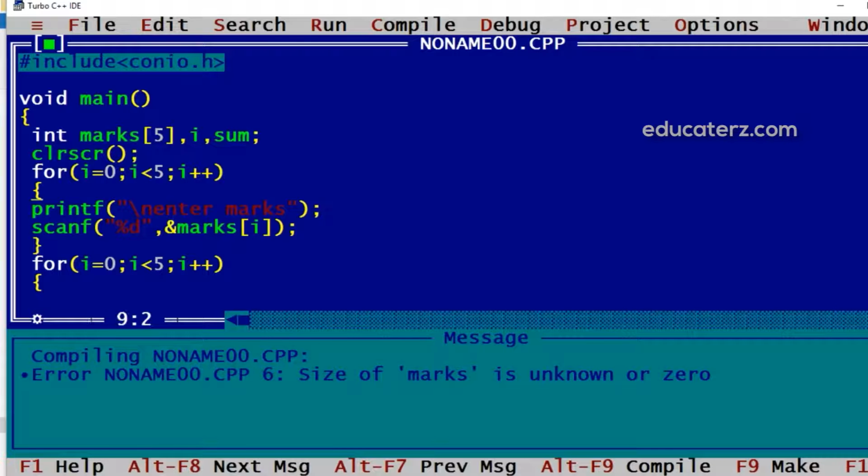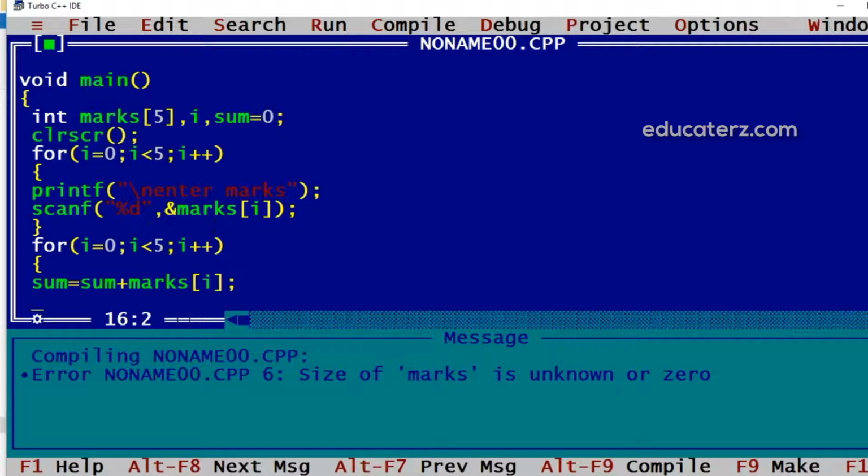This sum should be initialized to 0, otherwise by default it will hold a garbage value. So we can have sum equal to sum plus whatever value we have in marks[i], and then we'll display that marks also,